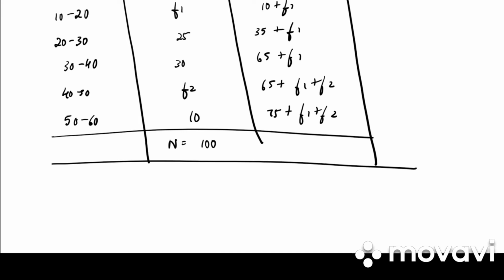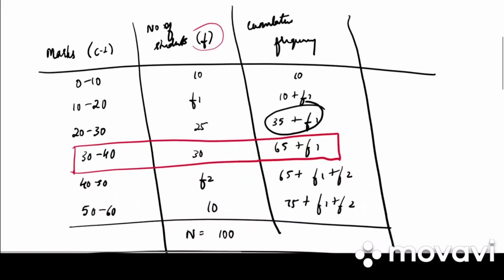30. So whenever the frequencies are missing and whenever they have given us the median, we would be seeing the class interval, that is 30 to 40. Where does that median lie? That would be taken as the median class. In case when the frequencies are missing, we would not be taking the median class according to cumulative frequency, but according to the class intervals.